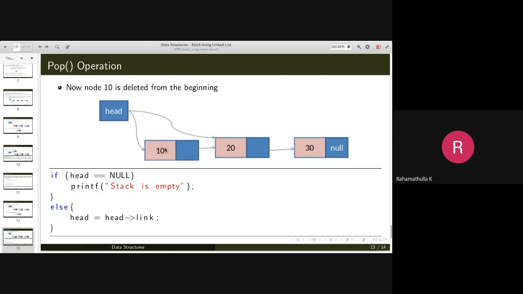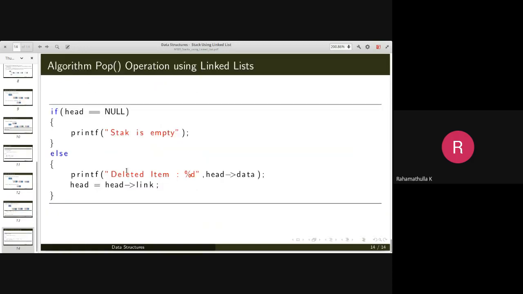So you have popped this item out. If you want this to be used in your program, then you can take it out before actually changing your head pointer, and if required you can free your memory also,